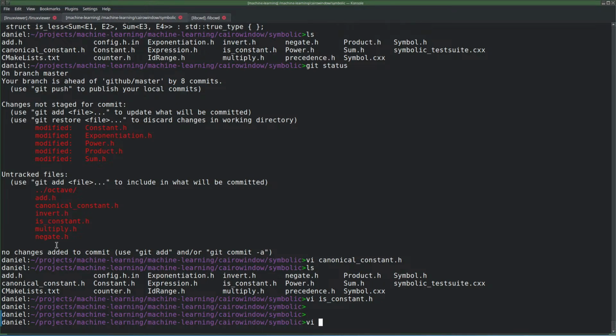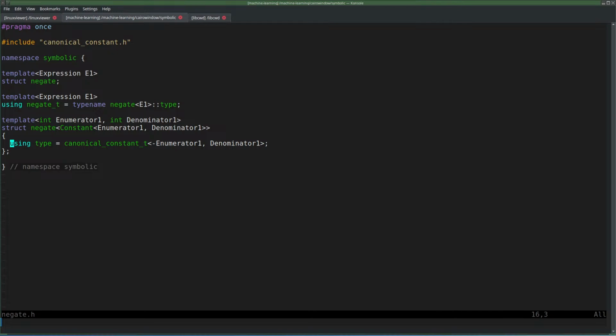Let's next do negate. So kind of the same thing. Start with some struct. Make the abbreviation, the underscore t thing. And then do the specialization for what this thing should do. In this case, it is only specializing a constant. So I can only negate a constant using this thing. If I try to negate any other type,